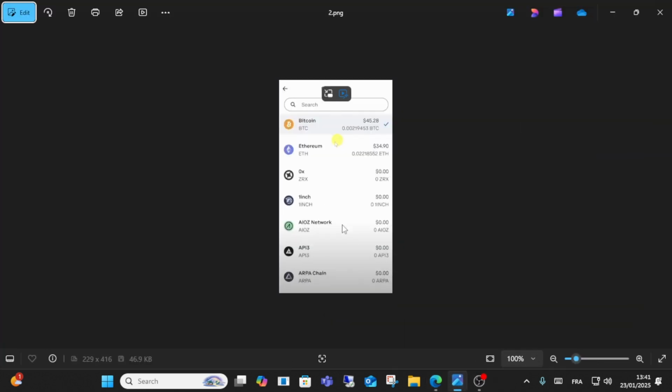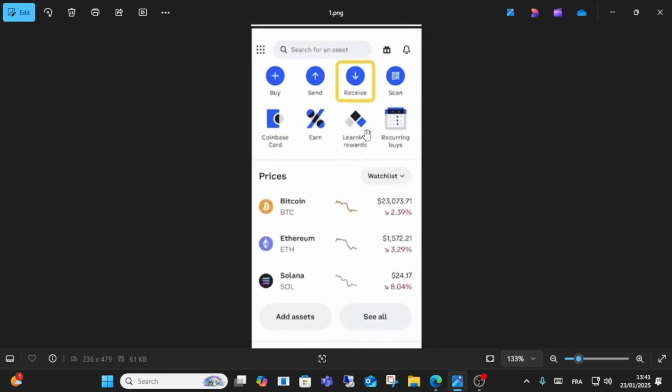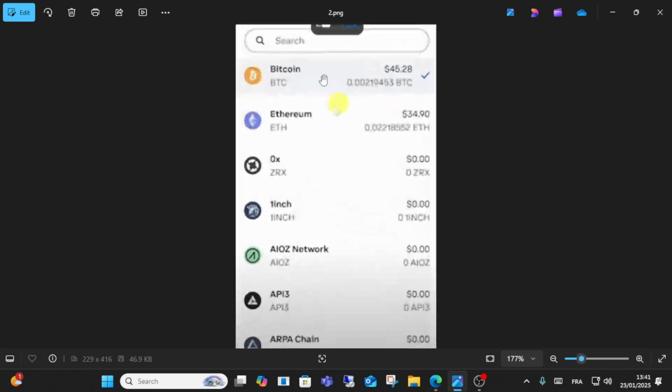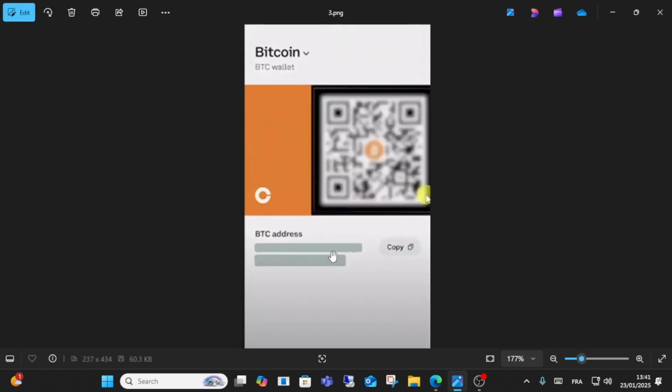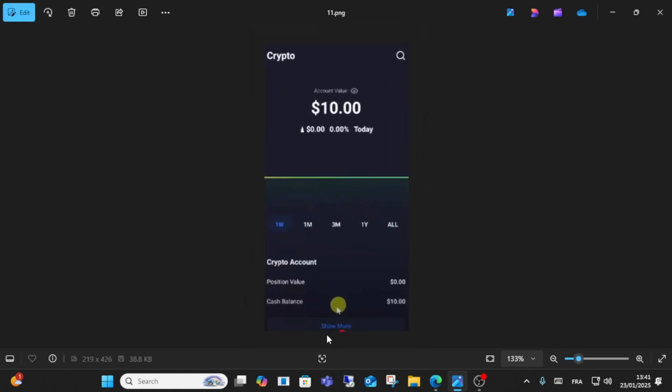First step guys, open your Coinbase, and click the receive option as you can see here, and choose the crypto, for example Bitcoin. After that, copy your address and go to Webull, as you can see here guys, and click this option show